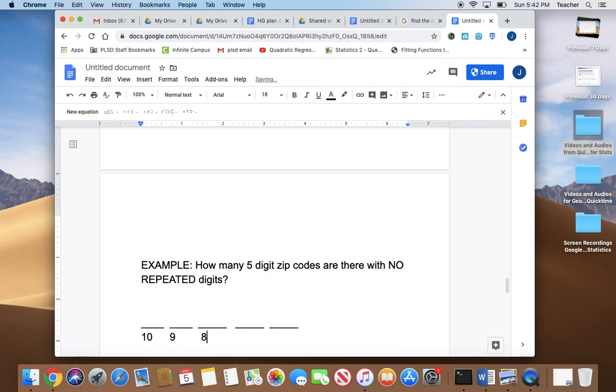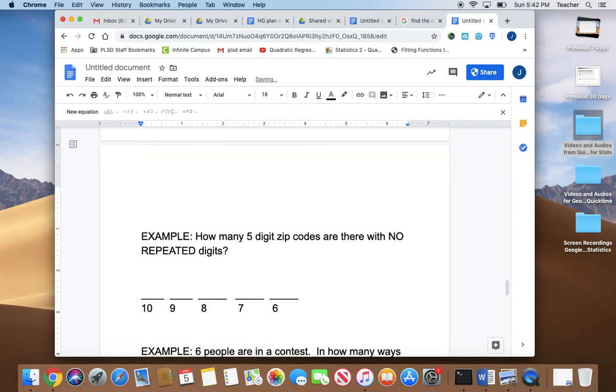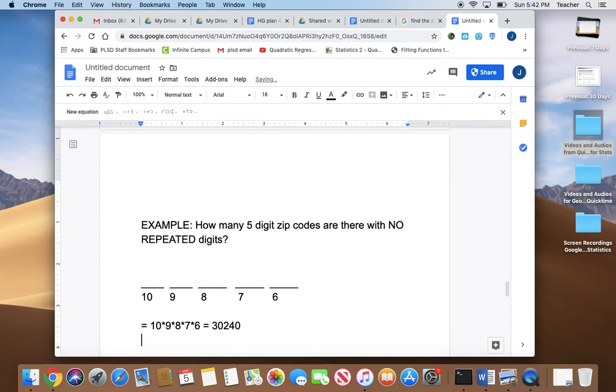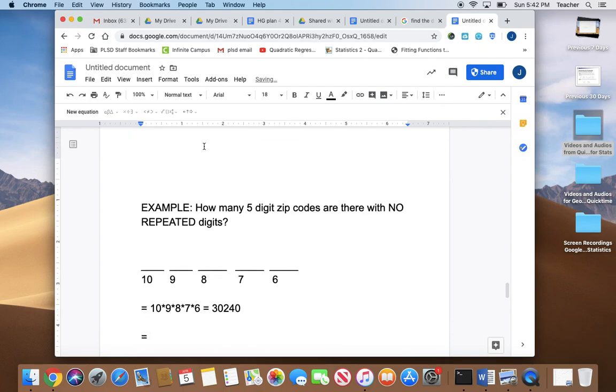And then 8, and then 7, and then 6. So in this case, I would have 10 times 9 times 8 times 7 times 6, which is 30,240. And this is really the same as